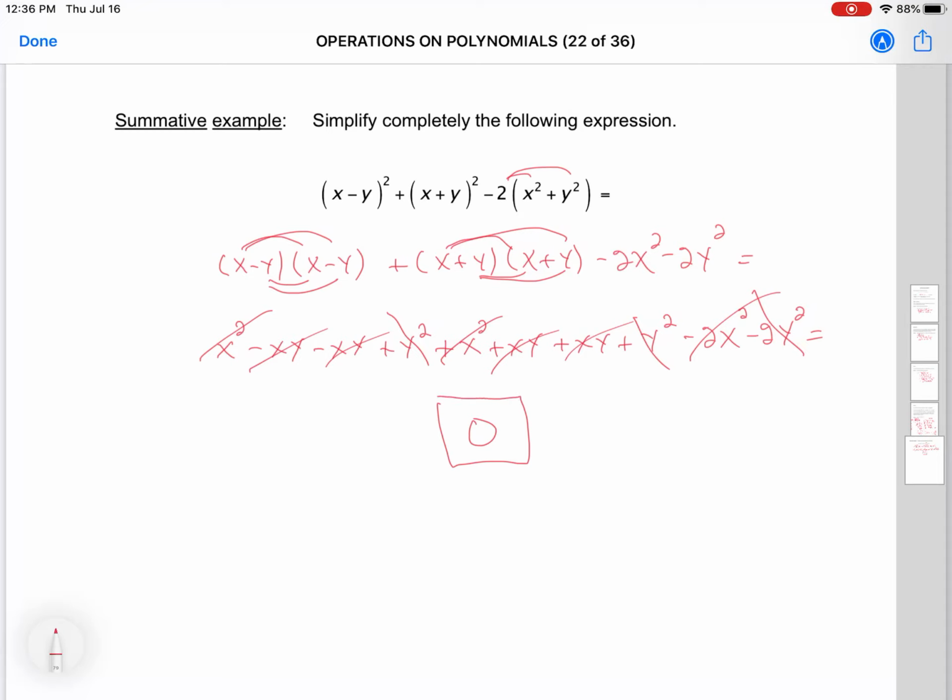How do you like this nice simple answer? Which concludes this section on operations on polynomials. So hopefully this was a little bit useful, and I will see